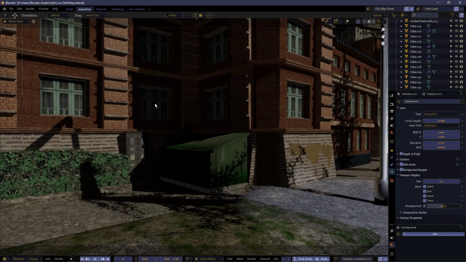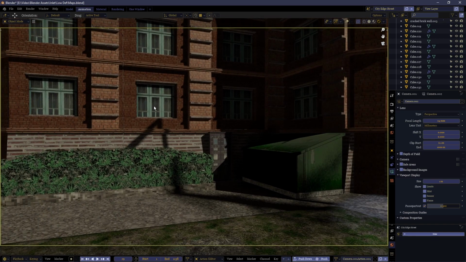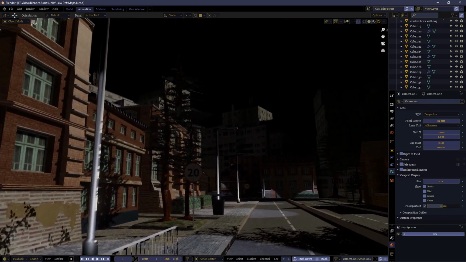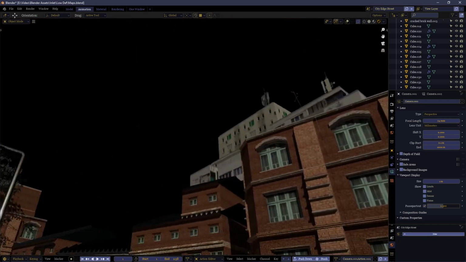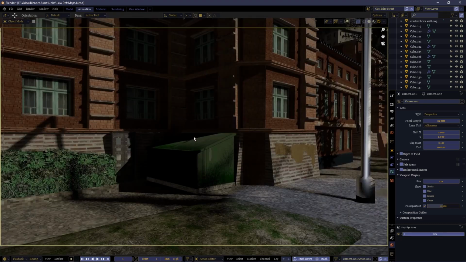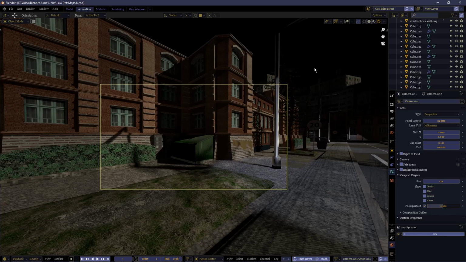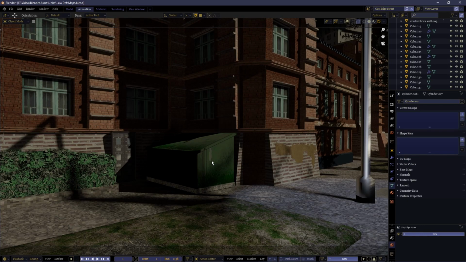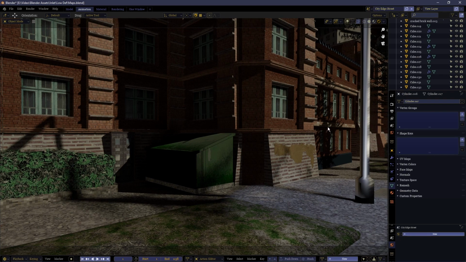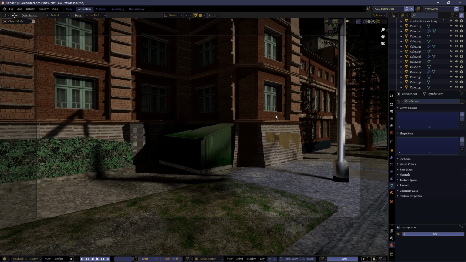But what I am going to point out is that if this is the entirety of your scene, Blender is still going to try and render out all of this other geometry and all of this other lighting as well. The best thing here is to delete everything which is not either directly on screen or which casts a shadow. For instance, this tree over here, even if it doesn't appear on screen directly, it still casts a shadow. It still takes part in the scene's atmosphere, its lighting and shadows and so on. So this should be kept.